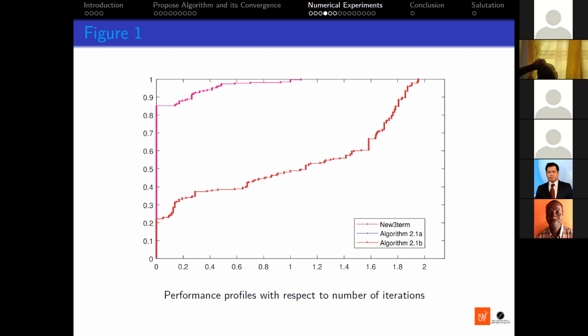And the second reason is that not all conjugate gradient algorithms for solving problem one actually consider the signal recovery problem. But the paper of Gauss also considers signal recovery problems. So that is why I also use the problem of the paper of Gauss. So these are the two main reasons why I considered the paper by Gauss et al.